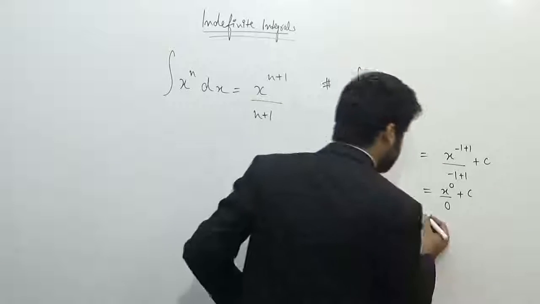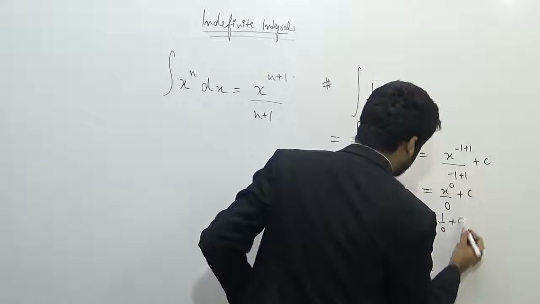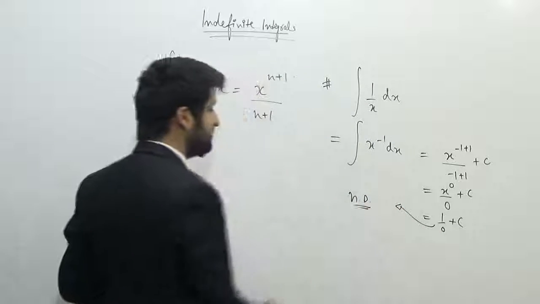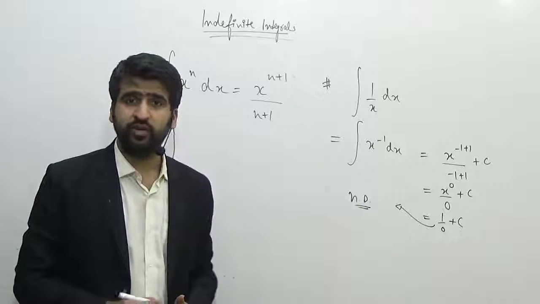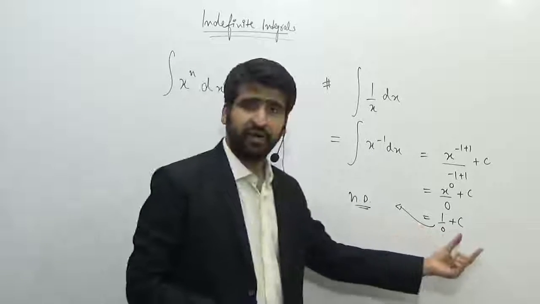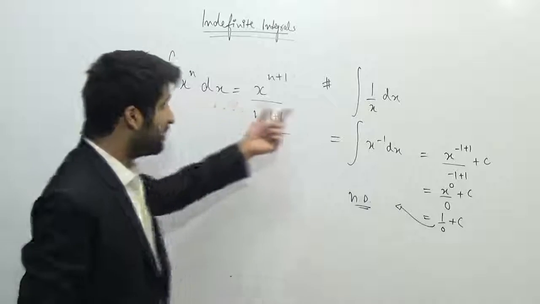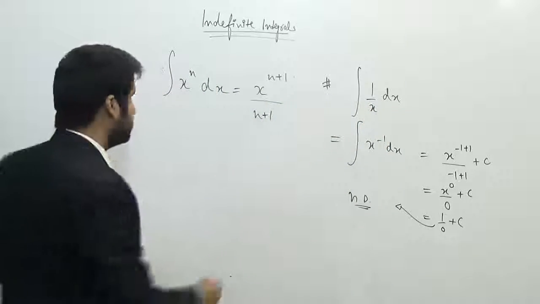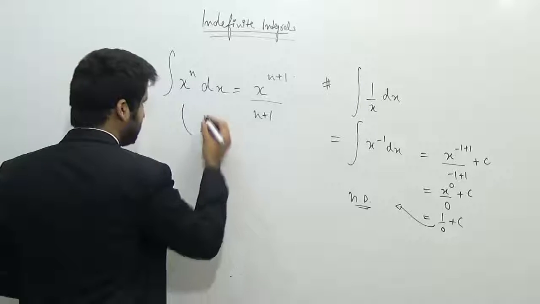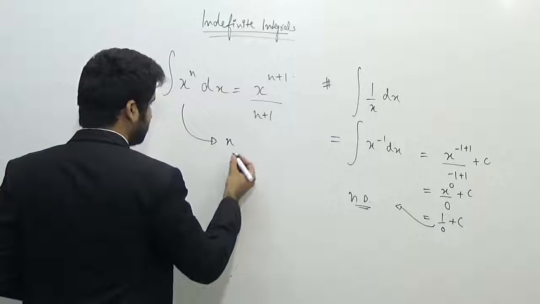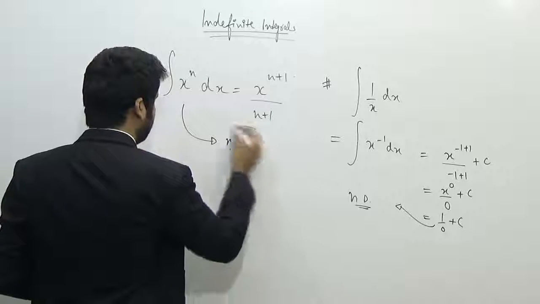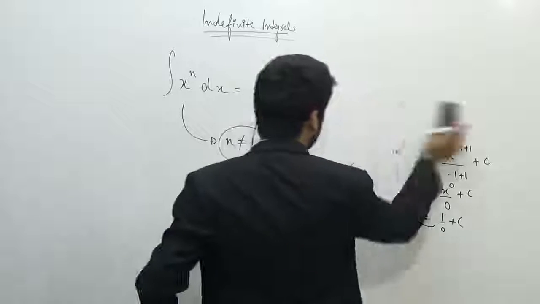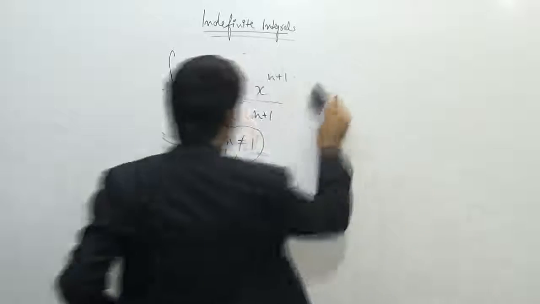Now guys, this is 1 upon 0 plus c. Now we know that 1 upon 0 is not defined, since 0 can never come in the denominator. Therefore this is not defined. Therefore the integration of 1 upon x cannot be done with the help of this rule. So the condition for this algebraic function's integration is that n cannot be equal to minus 1 in this case, right? So whenever n is equal to minus 1, I will remind you,